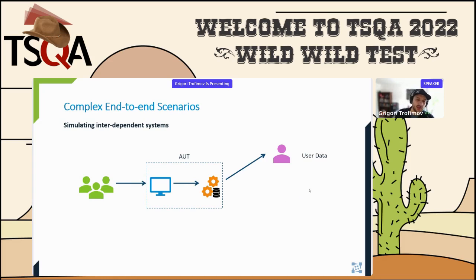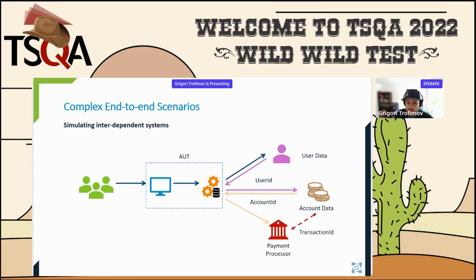For example, your application or test might be making a call to some user data service. This user data service is going to return a user ID, which then subsequently is reused in another API call to some other account, which is account data. This account data API call is going to return an account ID, which then is used for some sort of transaction, with another third-party payment processing service. And only then do we get a response back to our application or test that says, "Hey, this flow was successful," right? And then on the front end in the browser, you'll see your balance or something like that updated with